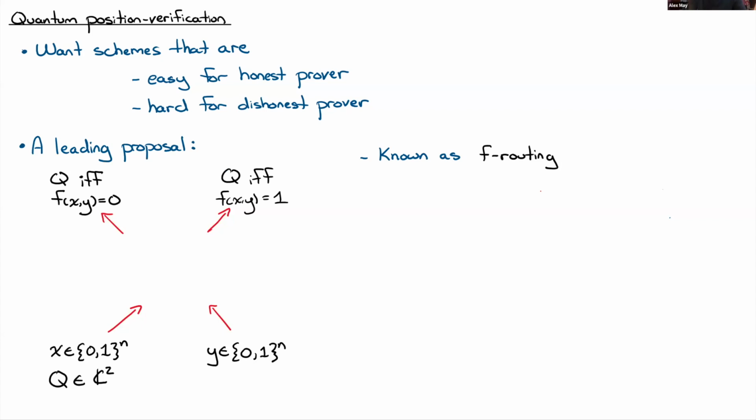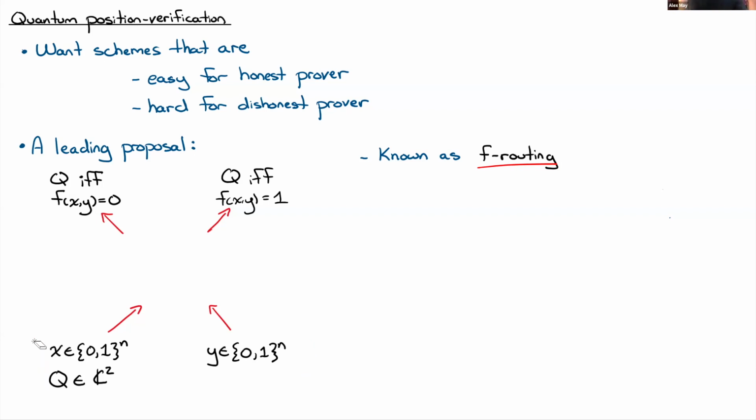So one proposal that's been around for a long time and has some nice properties is what's called F routing. So this is specified by its inputs and outputs. So let me describe those. On the left here, we have one verifier input, a string x of length n, and then also a quantum system, Q, which could be just order 1 size, small, let's say a single qubit. And then on the right, the other verifier inputs a second string of length n that I'll call y.